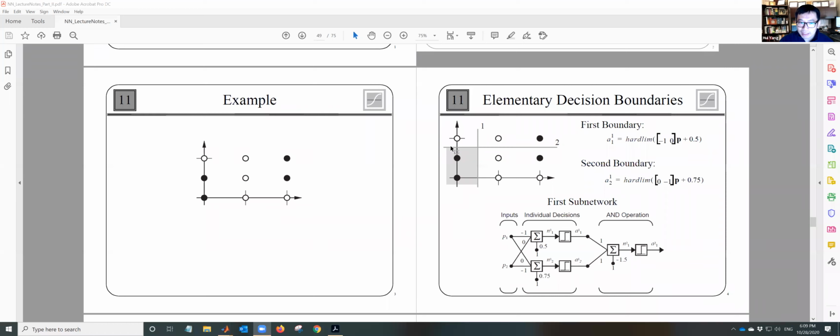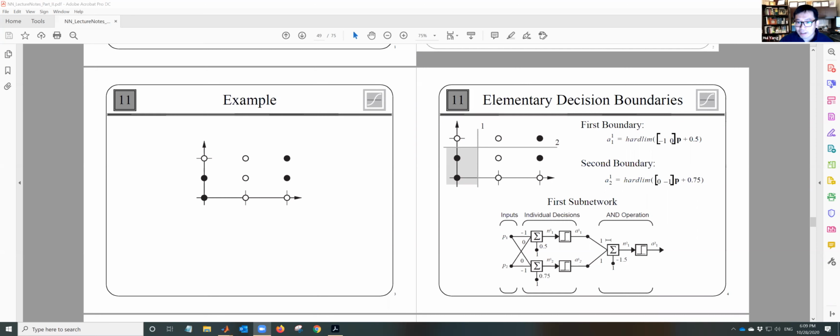So you have individual decisions. This is the first boundary. Okay, second boundary. And then you need to join these two together. When you join these two together, you are actually designing this 1, 1 minus 1.5. And you actually design